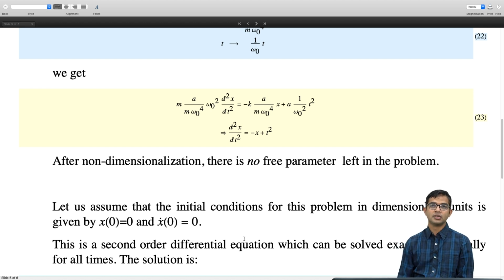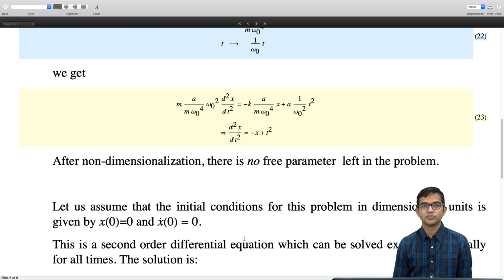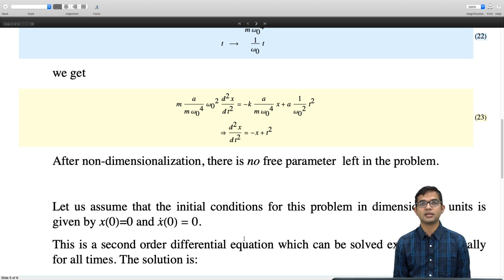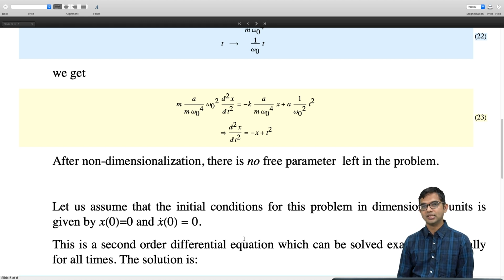If I impose these initial conditions, I can of course use the general theory of differential equations of this kind, linear inhomogeneous differential equations, and I have the technique to solve for it. But let me allow you to guess. What do you think will be different this time, right? So of course we must have something like cosine of t and something like sine of t, and whether you have only one of these two or both of these two will depend on x of 0 and x dot of 0, and also of course the precise form of the particular solution.